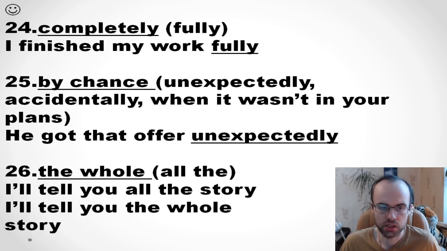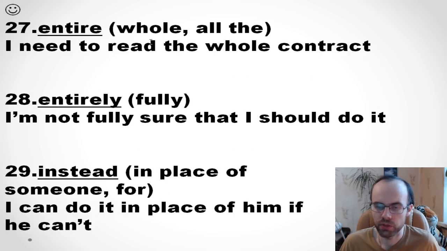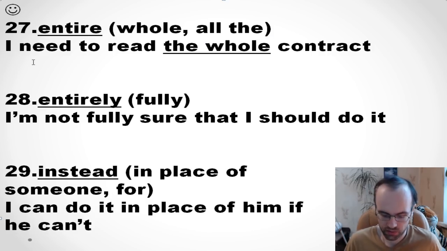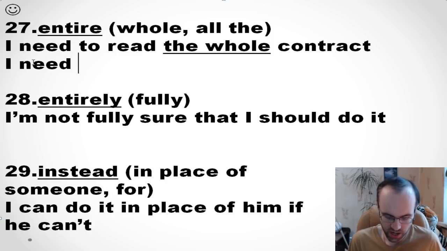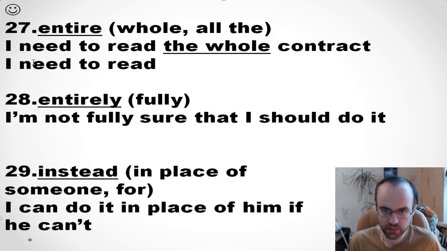Good. Next. So there is one more word. Maybe this word is a little bit more difficult. Entire. It means the same as whole or "all the." Look, I need to read the whole contract. Or I need to read all the contract. How will you say it using the word entire? You will say, I need to read the entire